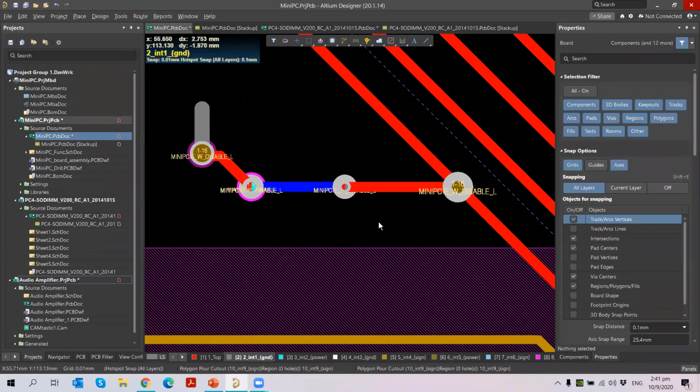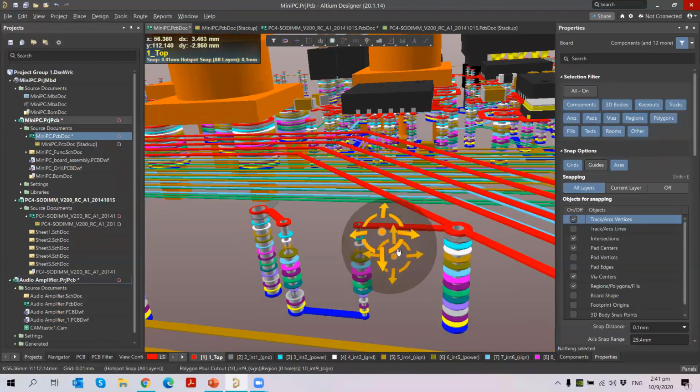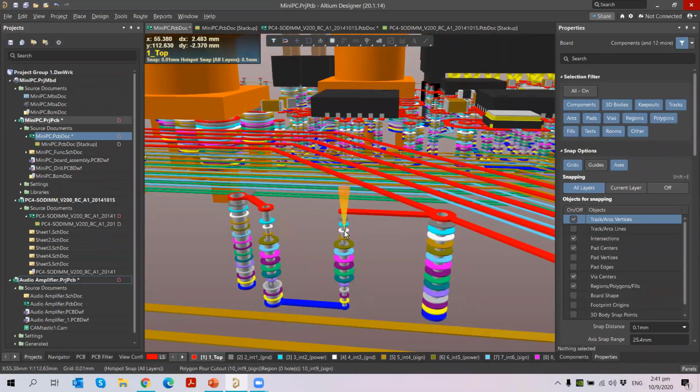So if I want to see this stack up in my 3D view, so just press the 3D view and then I can show you how they are placed. You can see your stack up here. So first I have the micro vias, then I have the buried vias, then finally I have the micro vias here again. Then I just skip via first, then micro via, then buried vias. So you will see the stack up is following. This is the HDI stack up. It is automatically following the vias in your layers.